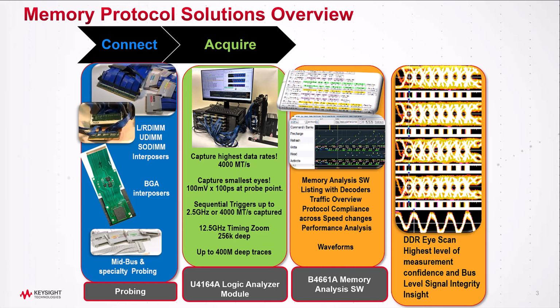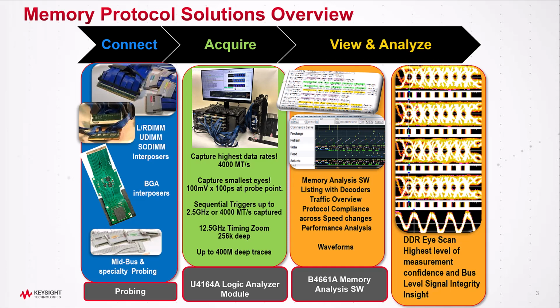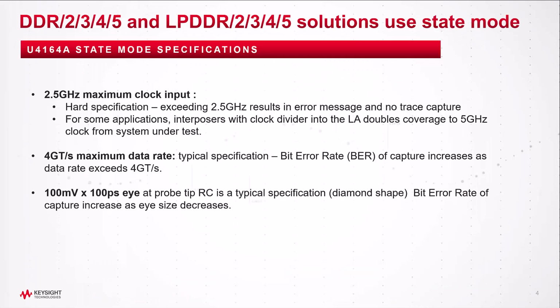Depending on the memory technology you're probing, you'll have different combinations of modules and module speed grade options. The B4661A memory analysis software has base software available at no charge and licensed options for specific technologies and views. The base software includes DDR scan for setting the proper sample positions for accurate state mode measurements of all DDR traffic. When considering any of the DDR or LPDDR solutions, they all use state mode, and the specifications of the